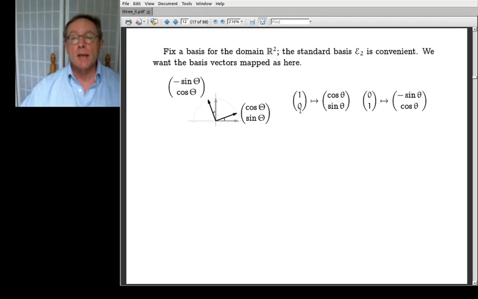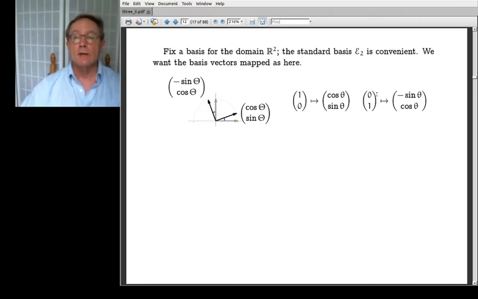Figure out where the basis vectors map under the geometric action that you want. So the geometric action is to rotate by theta radians counterclockwise. So (1, 0), there's (1, 0) in gray, rotated counterclockwise gives you (cosine theta, sine theta). (0, 1), there's (0, 1) right there. There's (0, 1), rotated counterclockwise by theta radians, I suppose you could do degrees if you were insistent, gives you